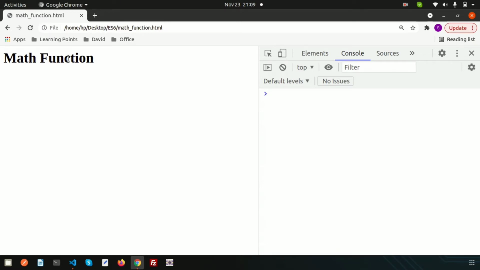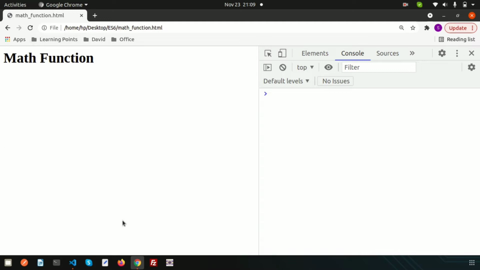Basically in this video I am going to show you some tricky concepts or new things in ECMAScript. There is some upgradation in the math functions. Not actually upgradation, actually two new functions have been added in ECMAScript, and I am going to show you what these two functions are, how to use them, and the purpose of them, right?